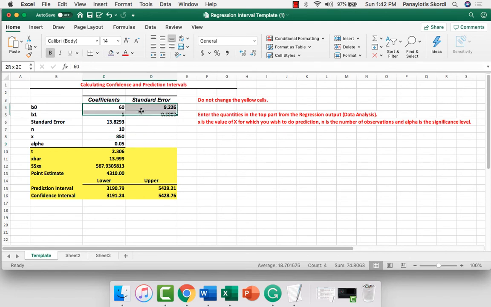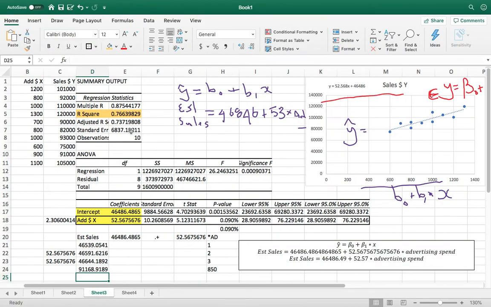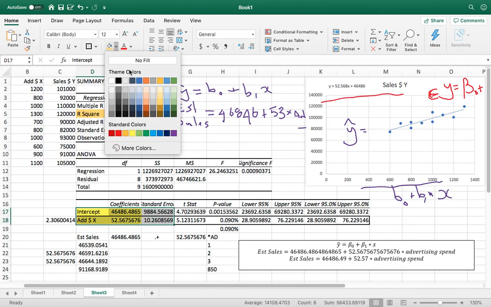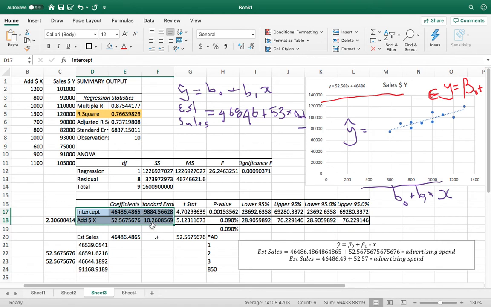So we still need these numbers up here to fill them in. I'll tell you exactly where you get those numbers from. If we go to our spreadsheet, I'll highlight them for you, in a slightly different color. There you go. We need these numbers in here, and we need this number up here called the standard error